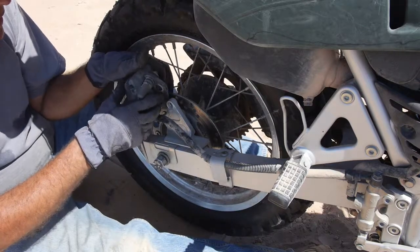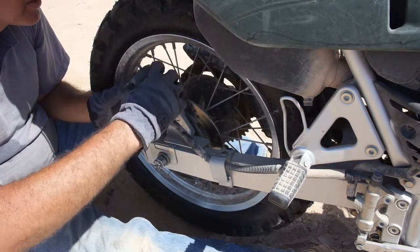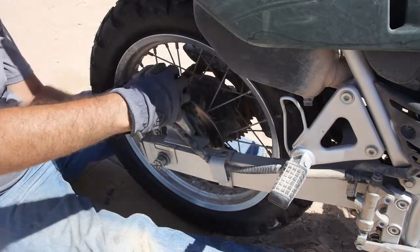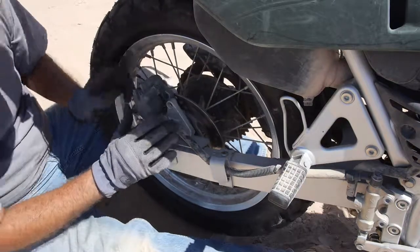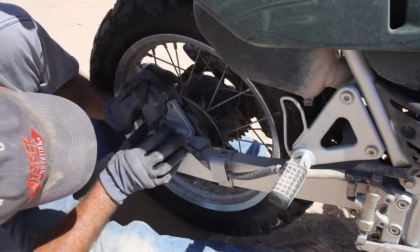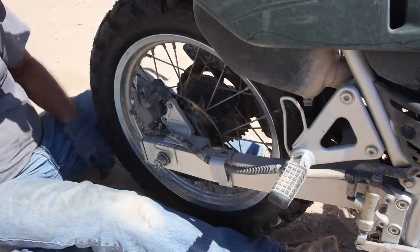Okay. Once things are in alignment, slide it down over the rotor. Gently. There we go. Nothing to it. Yeah, what was happening, I can't really show you on camera, but